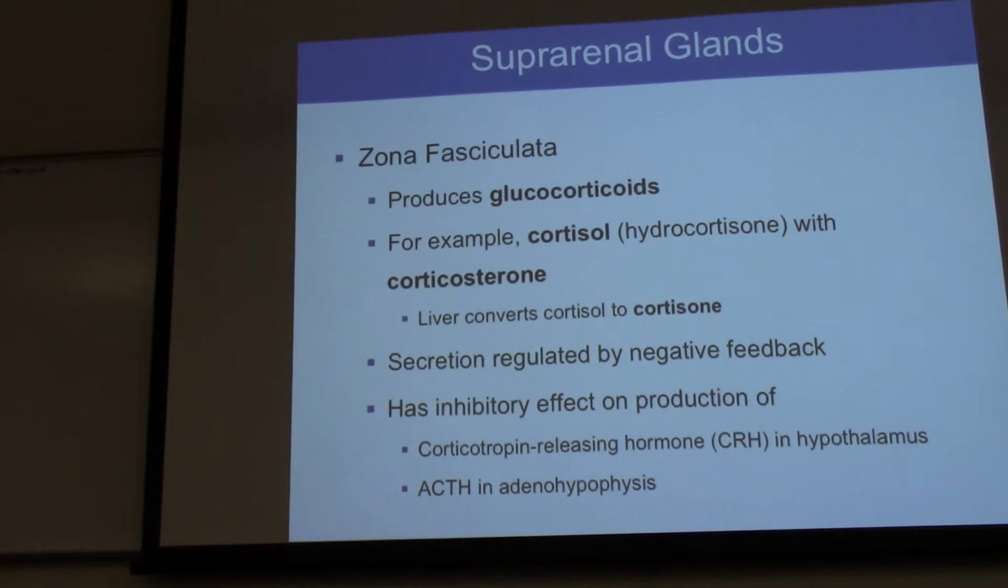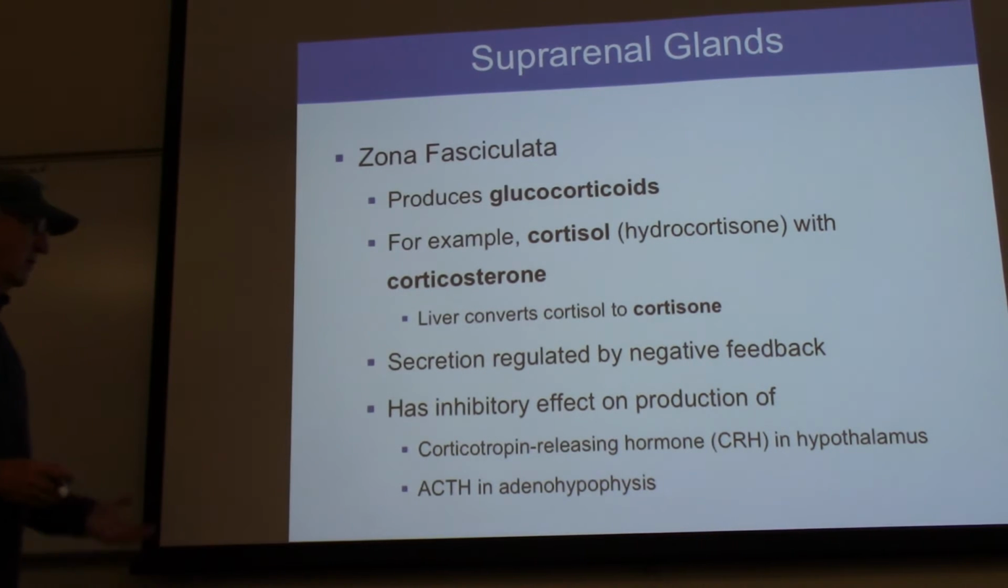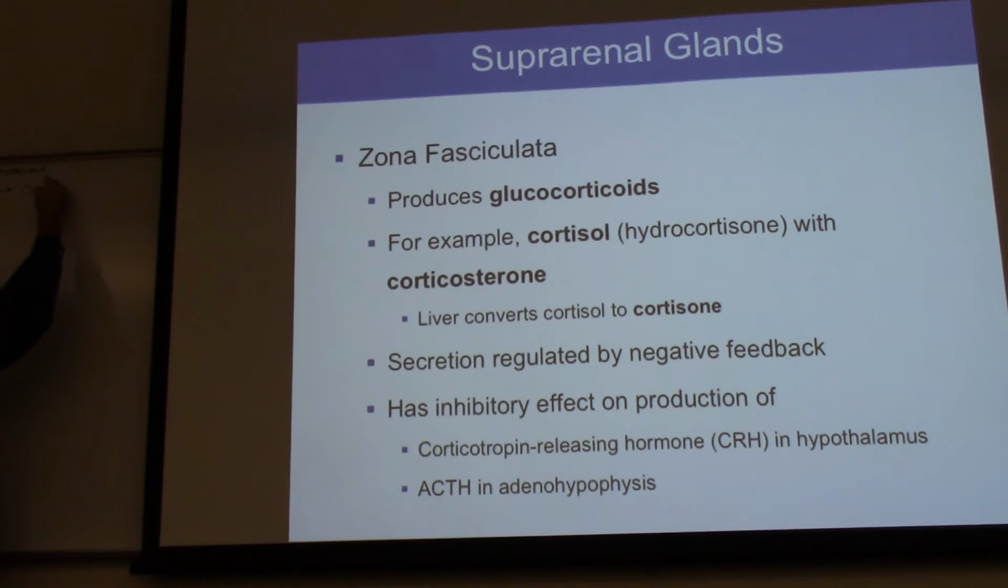All right, so zona fasciculata produces glucocorticoids. Now, as you might expect, glucocorticoids can manage your blood sugar. They help you control your blood sugar, and the main one involved there is called corticosterone, which is converted to cortisone. Let's just say, I'm going to call them corticosteroids. The corticosteroids